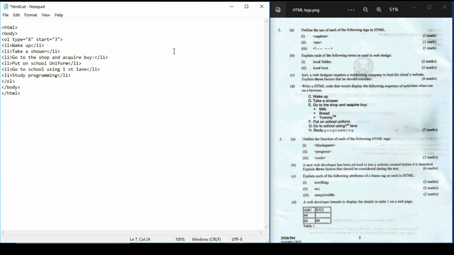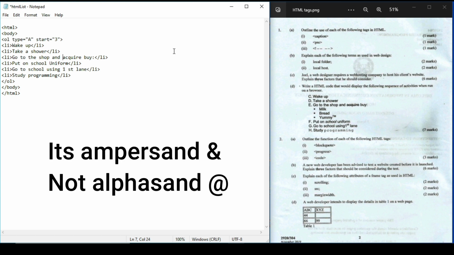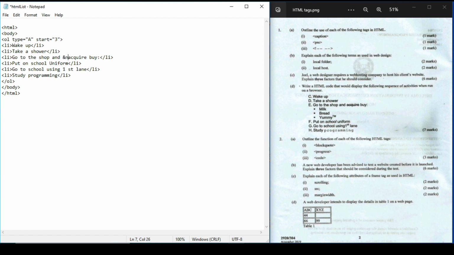So what's gonna happen is, for this we are going to type the NBSP for space, alphastand. I hope I'm pronouncing it correctly. Correct me guys if I'm wrong. Alphastand for NBSP.